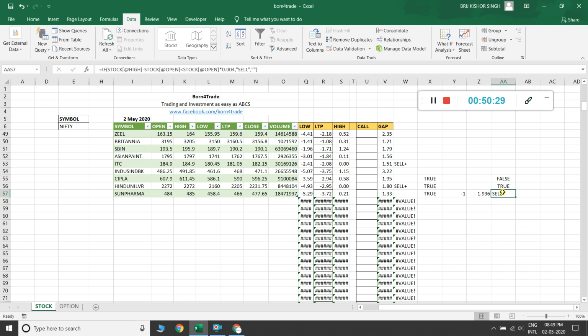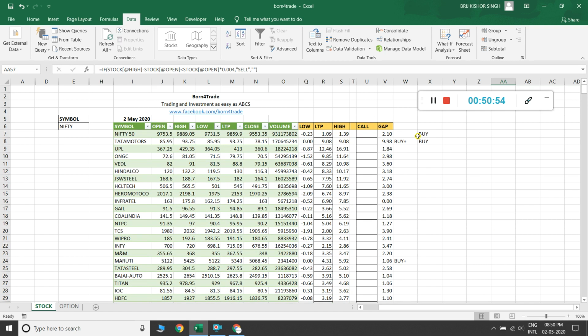Okay, understand? Just copy it and paste here and see what happened. Here it gives a sell signal because it is less than 0.4, and here it appears nothing because it is greater than 0.4. So the sell formula is correct.